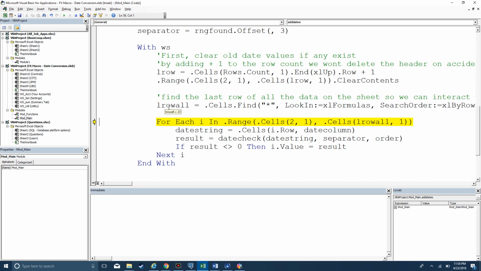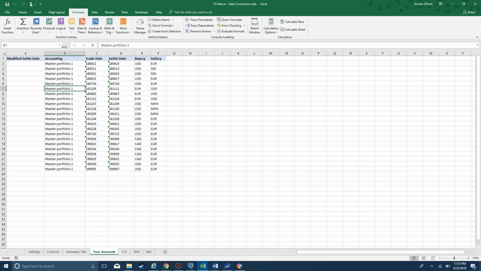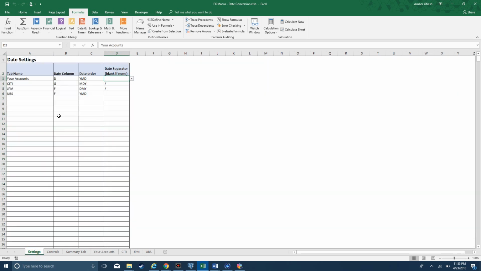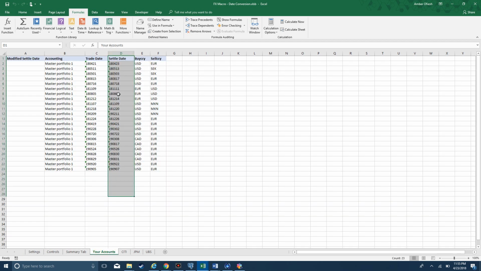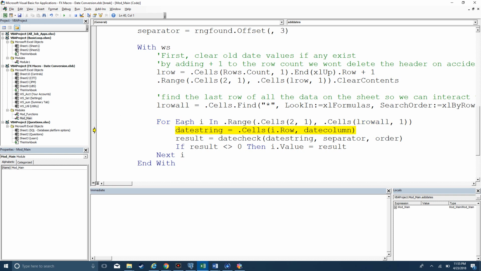And then next we have lrow all, which is sort of a wildcard find, looking at all the cells here and trying to say how big is my data set and where's my last row, regardless of whichever column we happen to be looking at. And what we want to look at is the settlement date specifically, and so that's why on the settings tab we had column D being extracted, so that when I look here I can see that in column D I have settlement date. So for each I in .range cells row 2 column 1 to lrow alt, which is 23